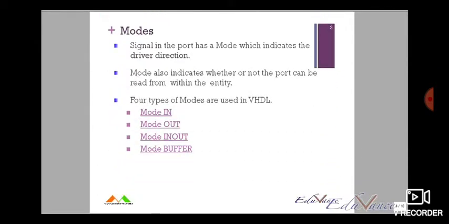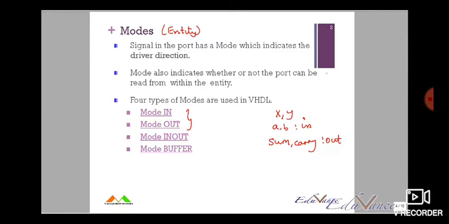So now, as part of knowing the entity a little better, we'll understand what are the different modes. We had seen previously that in the half adder, I had x and y or a and b of the type in. On the other hand, I had sum and carry of the type out. This is what I meant, that the mode needs to be specified,